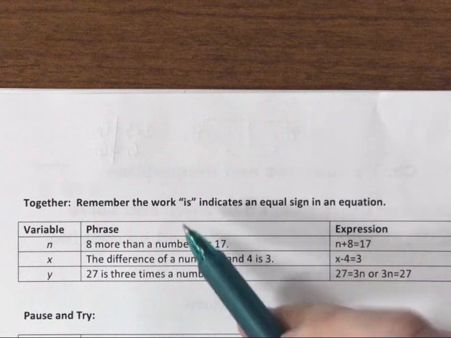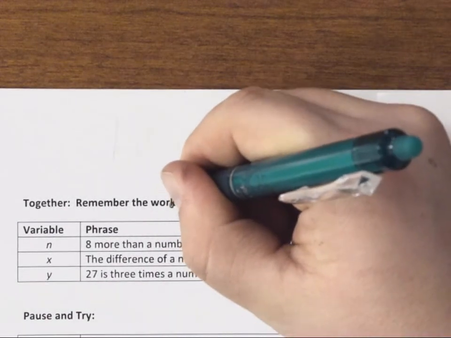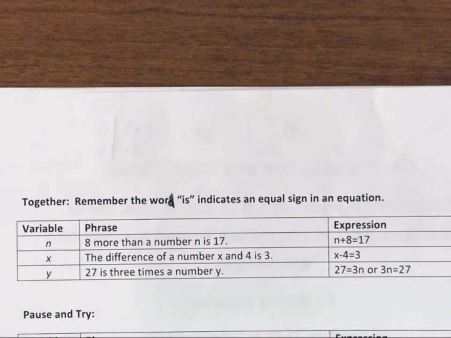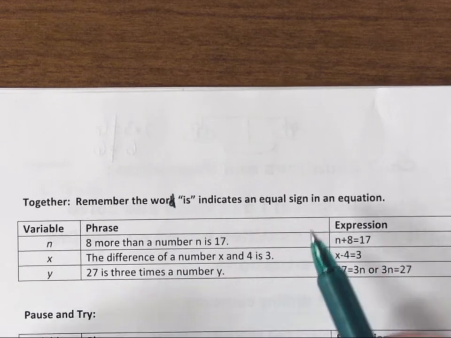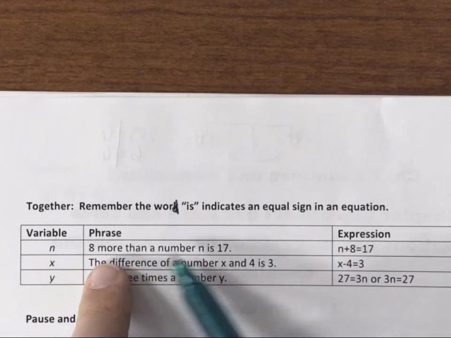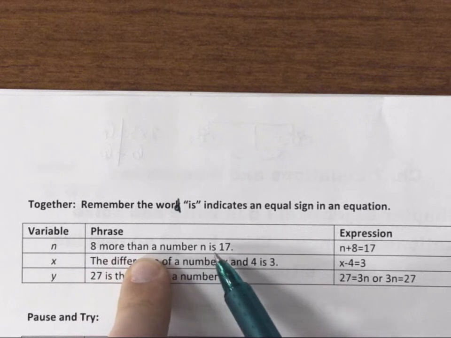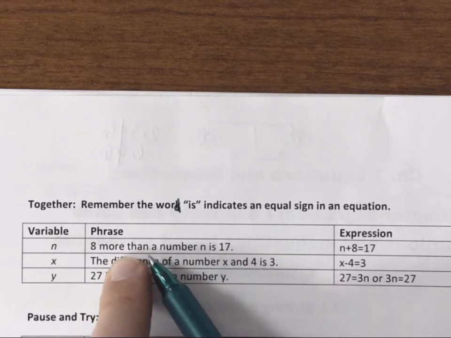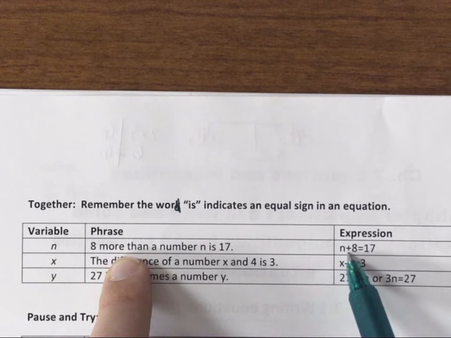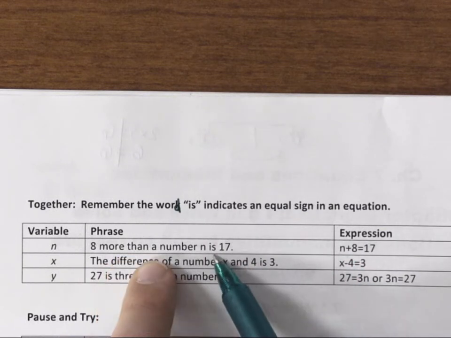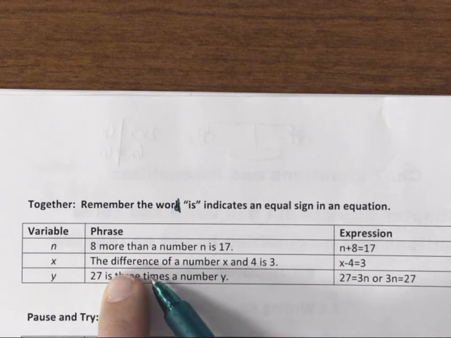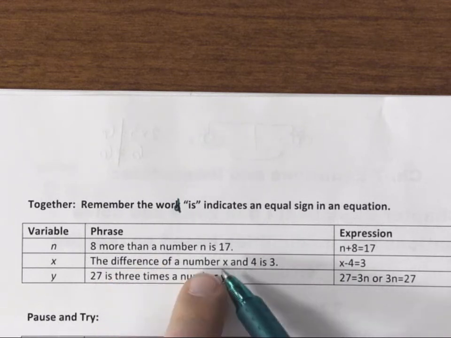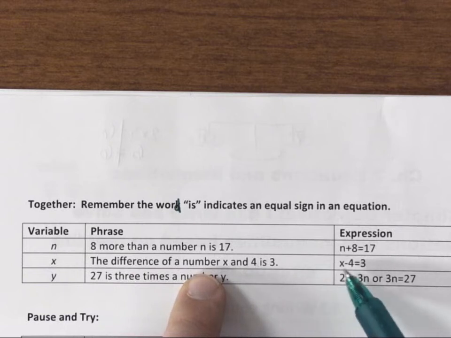Okay, remember the word is, not work, word. The word is indicates an equal sign in an equation. For example, 8 more than a number n is 17. So 8 more than means addition, and the word is means equal to 17. The difference of, well, difference means subtract. So the difference of x and 4, so x minus 4,